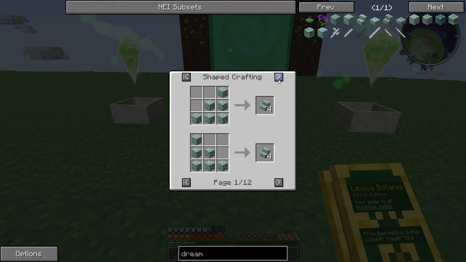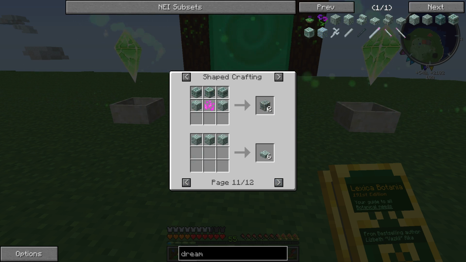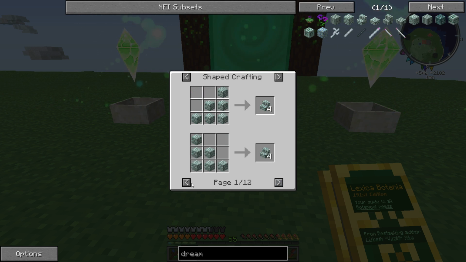So, Dreamwood can be used to create elven mana spreaders, as you see here, which are much more effective than regular mana spreaders. A lens clip, which I'm not really sure what that does. The Drum of Gathering is pretty cool, and I might show that to you guys. Spectral Platform's kind of neat. I don't know what the heck that is. I'm not really sure what the Dreamwood Twig does either, but I'm sure it's used in...